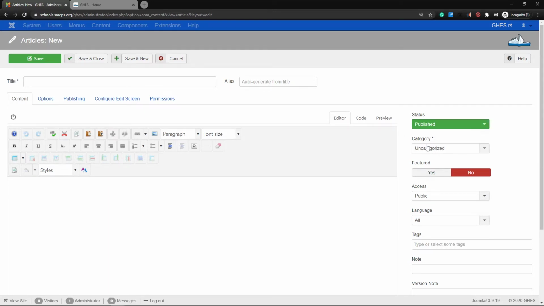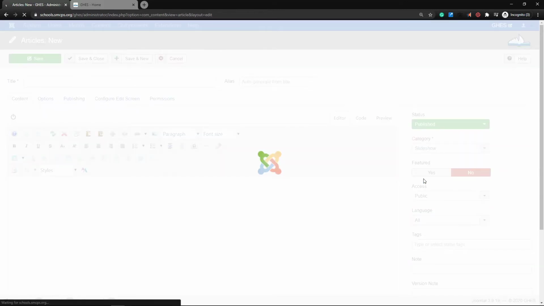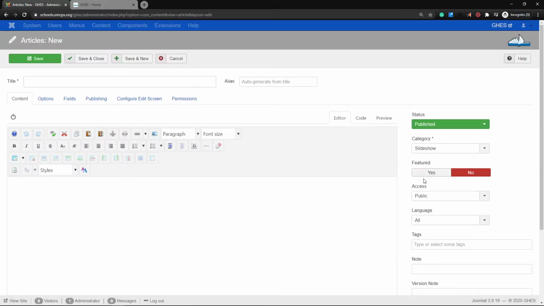Underneath it will say category. You're going to change the category by clicking on it and then select slideshow. Now we're making a slideshow article. A slideshow article is magically or technologically turned into a slide for your slider by a plugin we have installed